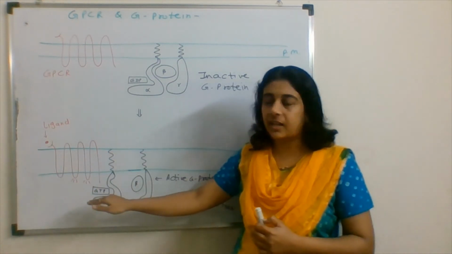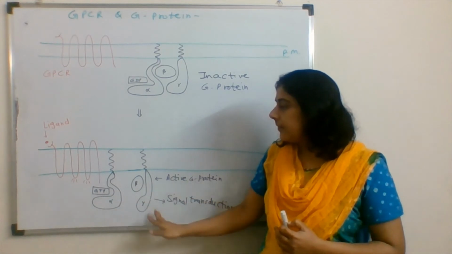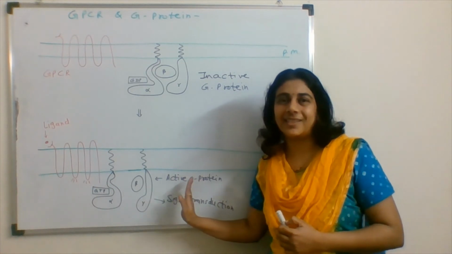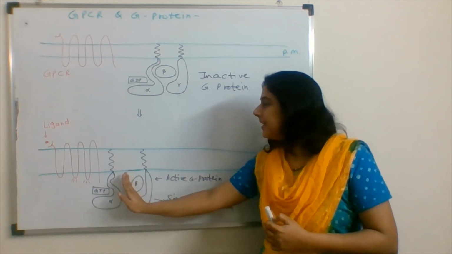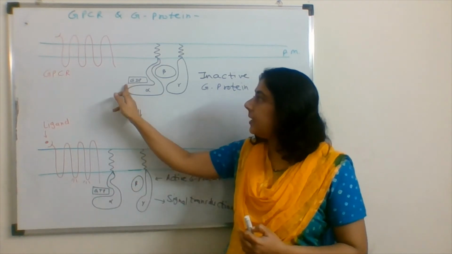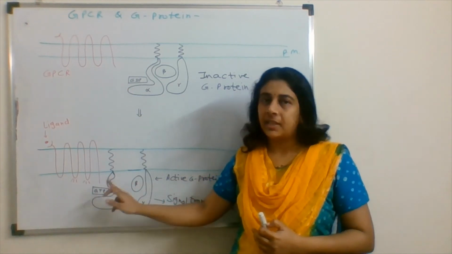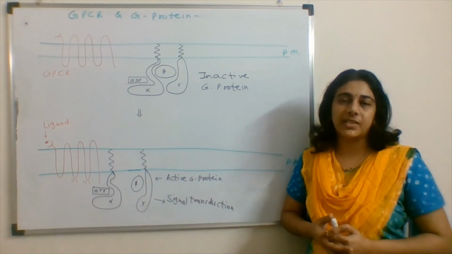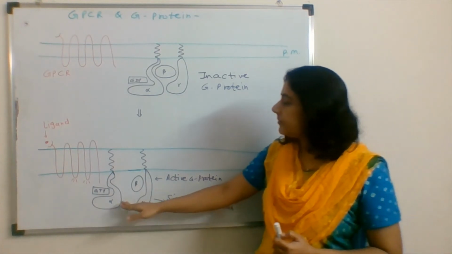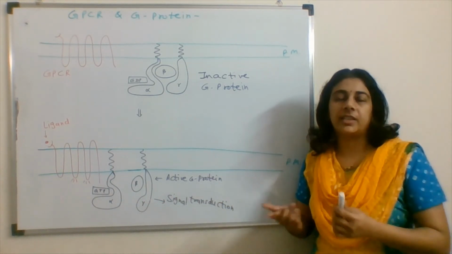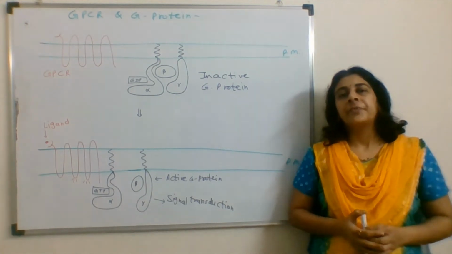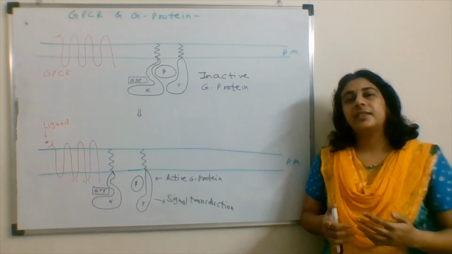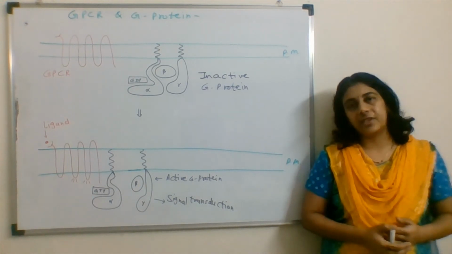This GPCR gets activated. It activates the G protein. G protein slides in the plasma membrane. It just slides like a sliding motion, and this GDP is replaced with the GTP. Now, in this case, this beta gamma complex gets dissociated from the alpha subunit of the G protein. And further, the signal is transferred. So, in this way, the working of GPCR and G protein is there, and this is responsible for the signal transduction.